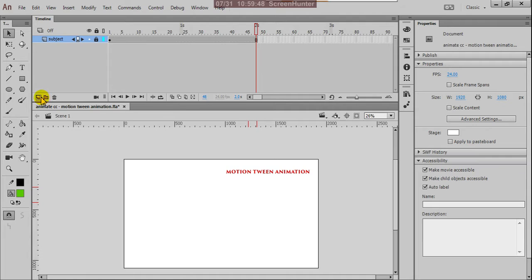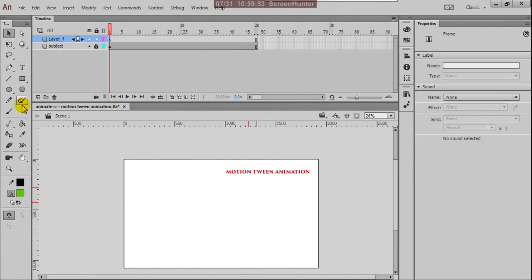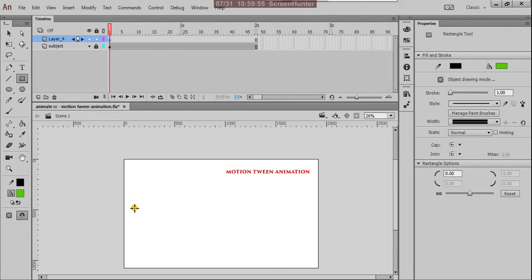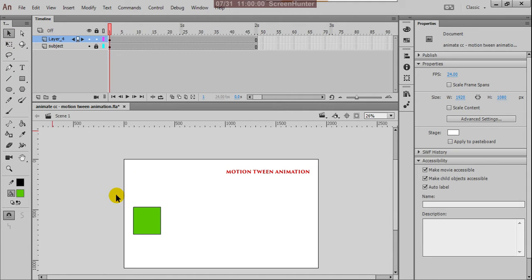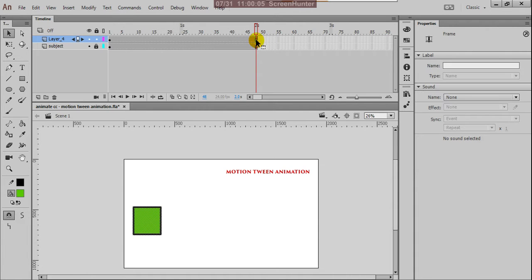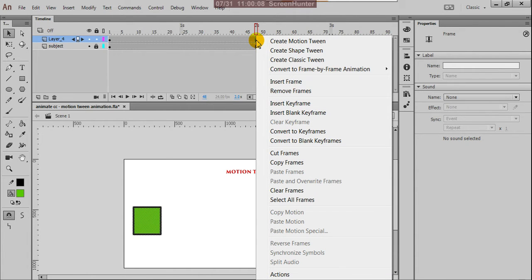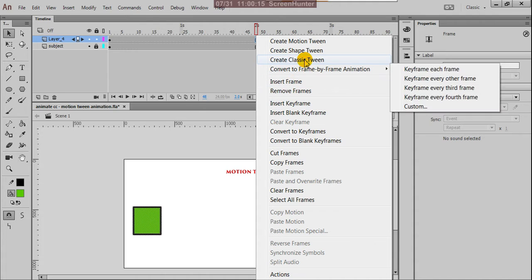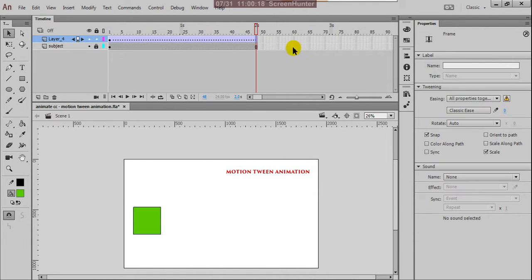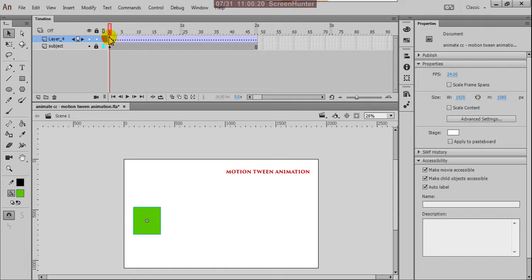So here I'm creating one layer. Okay, you can take any shape. This is my shape. Here you can right click and see: create motion tween, create shape tween and create classic tween. Suppose here if I click create classic tween, so what will happen? The broken tween is created. So the reason is